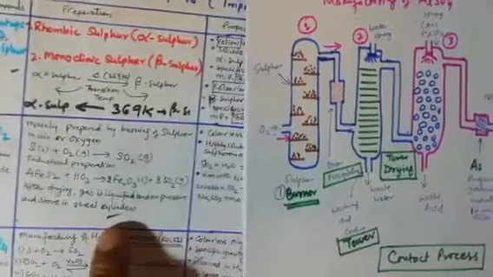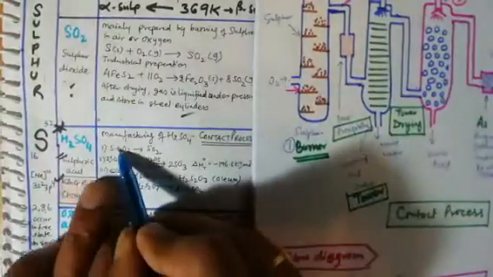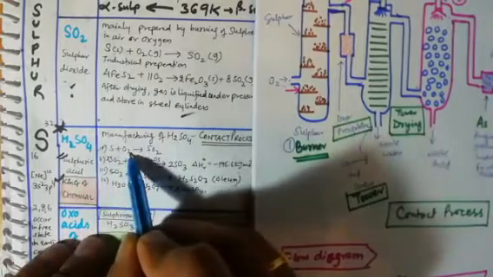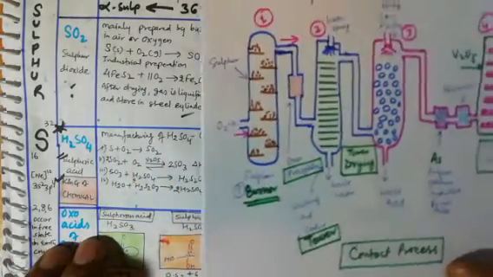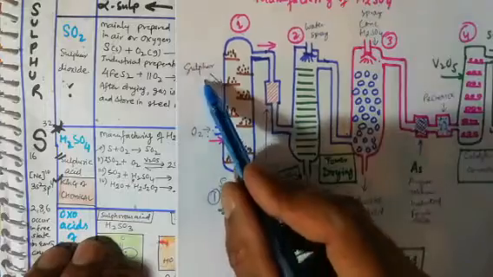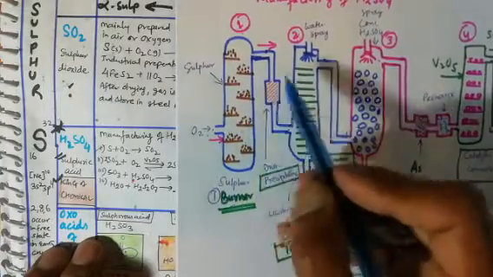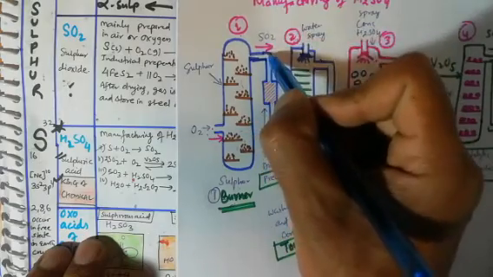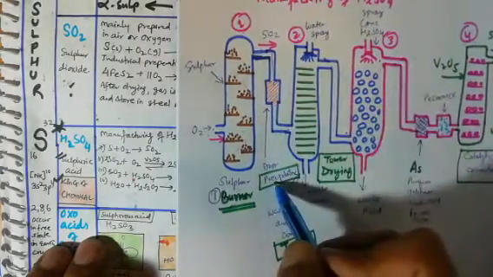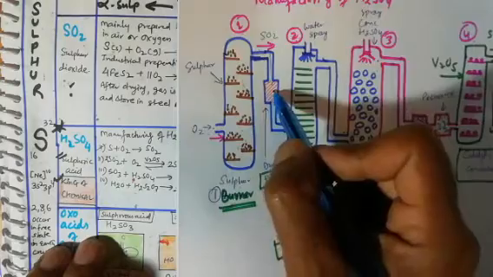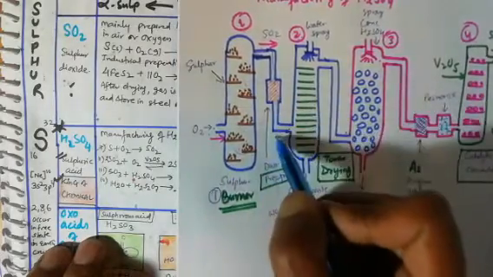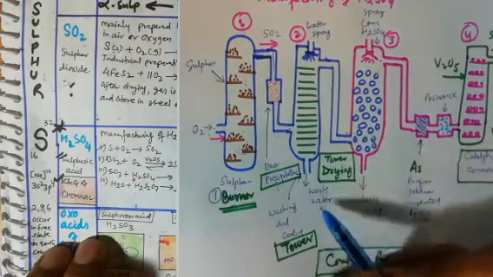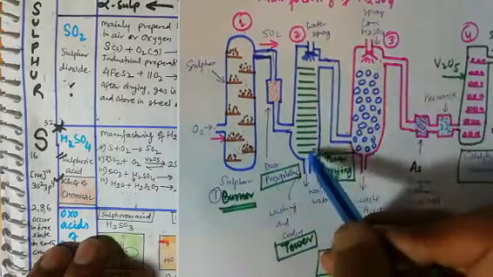That is, sulfur will react with oxygen. This is the first step. When sulfur reacts with oxygen, it will give sulfur dioxide. So it is that step here. Sulfur will react with oxygen and give sulfur dioxide. That sulfur dioxide will pass through this pipe to the dust precipitator. In the dust precipitator, the dust particles are precipitated, and it will pass into the second